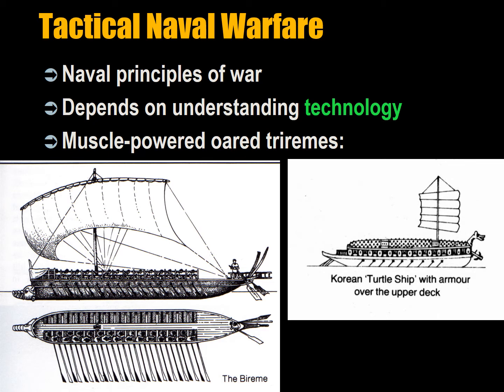The correct application of the principles of war in turn depends on understanding the available naval technology. The world has evolved essentially from muscle-powered oared vessels such as triremes. You can see on the left the bireme, typical of the Mediterranean, from the classical period right up until the early modern period, at such battles as Lepanto, and the use of oared vessels in the difficult icy environment of